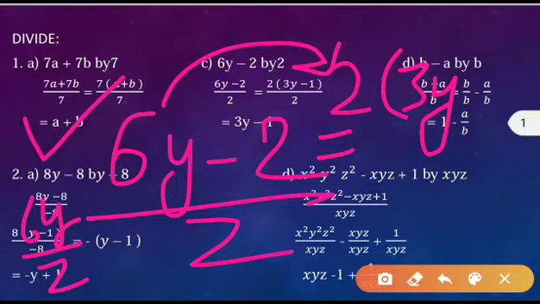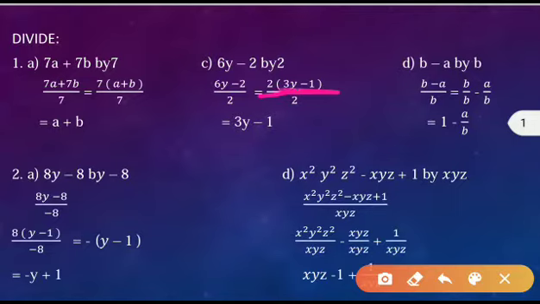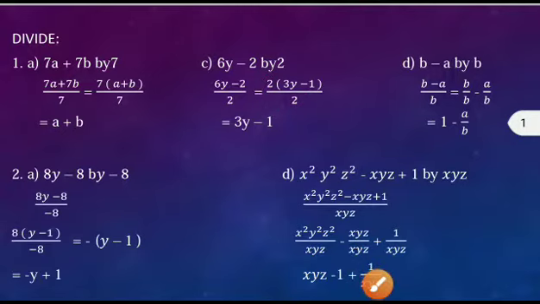This is the technique of taking out common. If you are taking 2 as a common and you do not know what will be in the place of the first term, take the first term 6y and divide by the common digit. After that, what is the sign? Minus. And then when you divide this 2 by 2, you will get 1 only. This will be in the numerator and upon 2 will be as it is. Now here 2 and 2 will be cancelled and 3y minus 1 will be your answer.